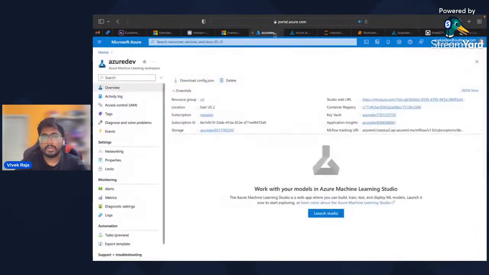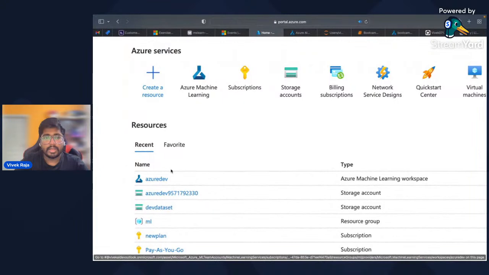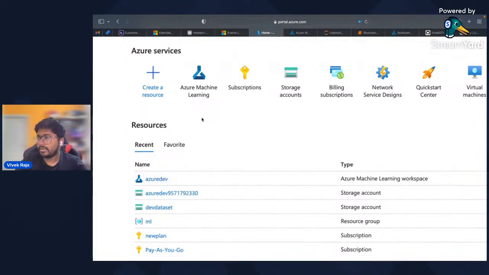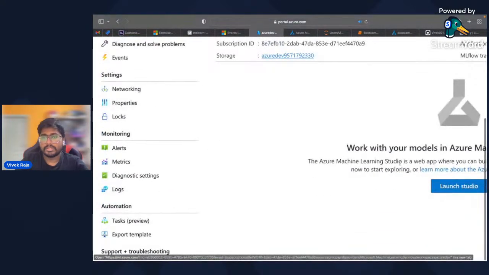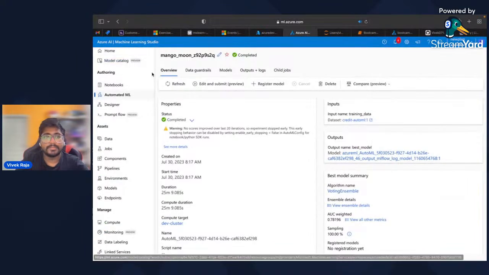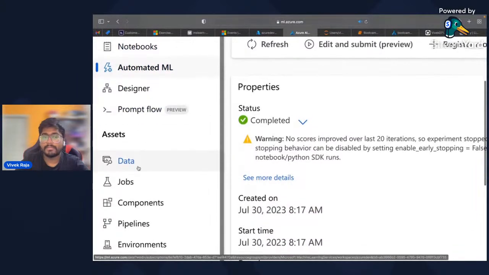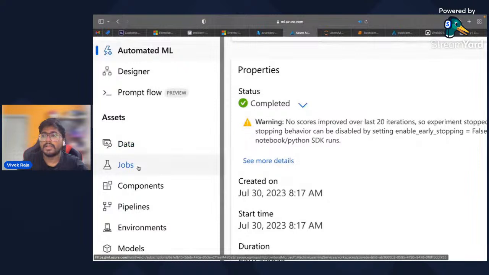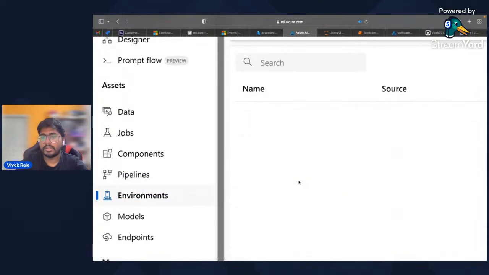The first step is to go to your portal. I'm going to zoom in a little bit and create your own machine learning workspace, or if you haven't, you can create it. Launch your studio. Once it launches, it looks something like this. What else do we have? We have notebooks, automated machine learning, and data. Data is where we upload or create a dataset. We have jobs: every single execution that takes place here is called a job. We'll soon see what components and pipelines are; that's our next topic. We know what an environment is: you create an environment for this.